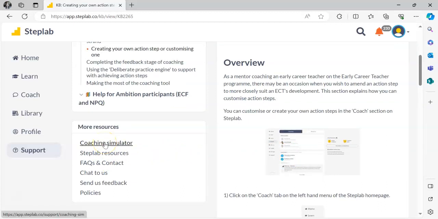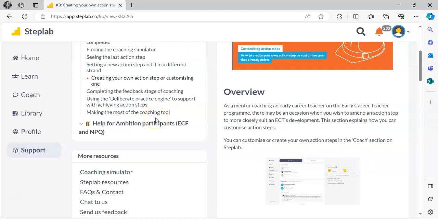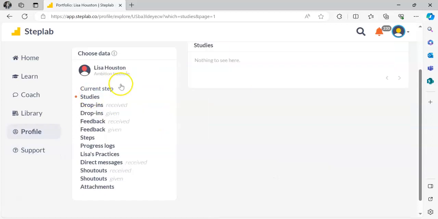If you're very new to mentoring and you're a bit worried about doing a coaching session, there is a coaching simulator that you can use where it takes you through a coaching session without you actually having changed anything on anybody's account. It's just something to do if you're very new and you just want to have a quick go in a very low stakes environment. So that's about it for